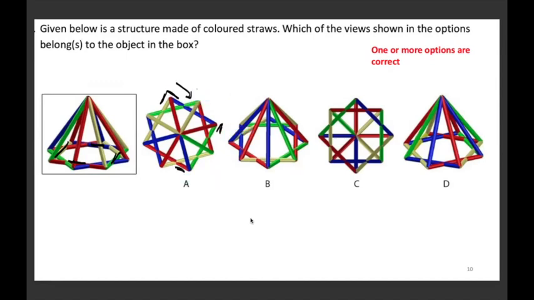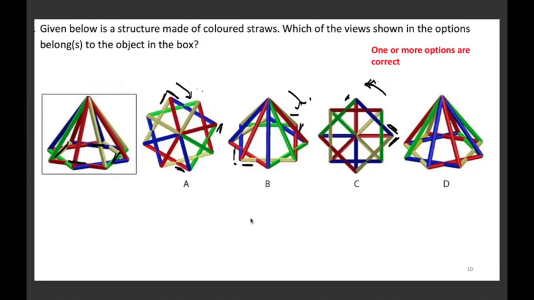C may be the same thing as A. So let's see if it happens. If I'm looking from the top and I assume that C is from the bottom, let's check if it works or not. This is clockwise, so this has to follow anti-clockwise. So yellow, blue, green, and red anti-clockwise works. So A and C are fine so far. B also works. Yellow, blue, green, and red clockwise works. A, B, and C are fine.